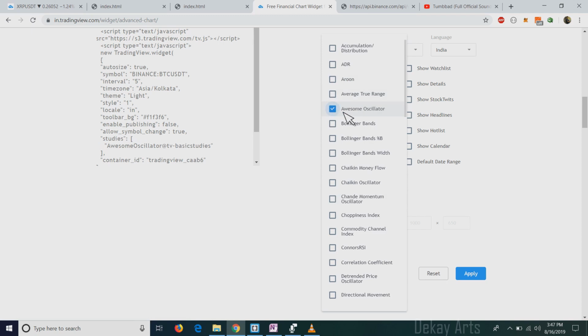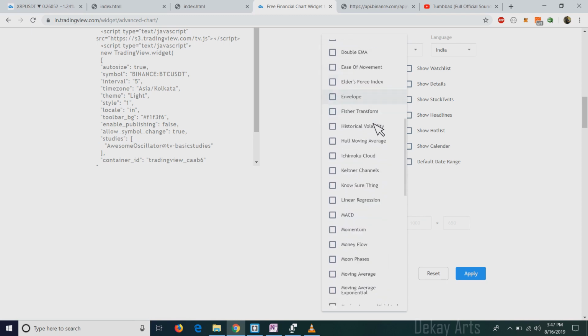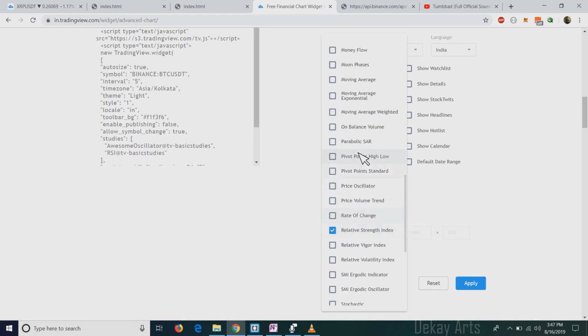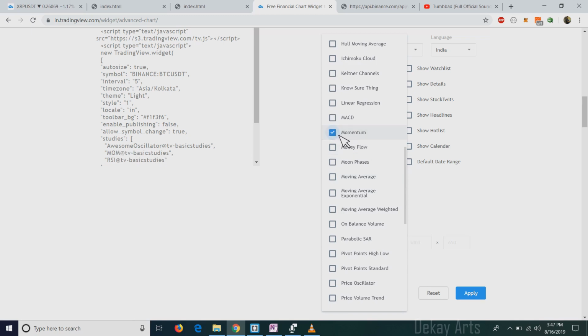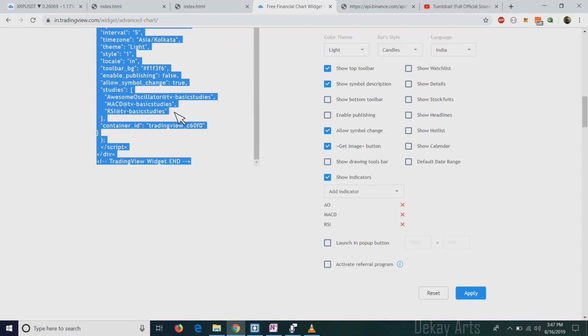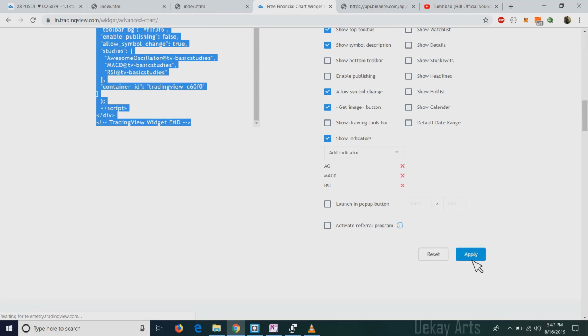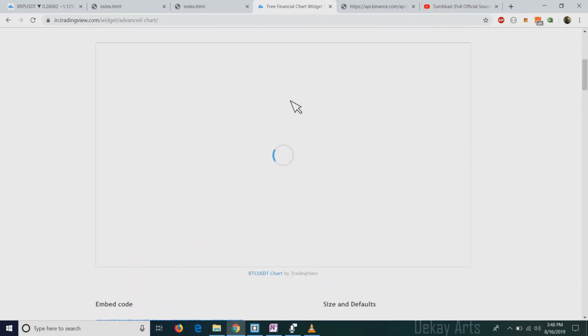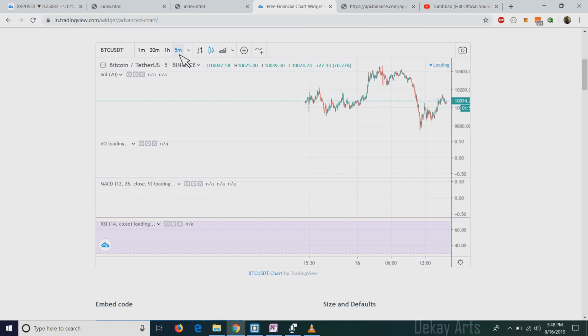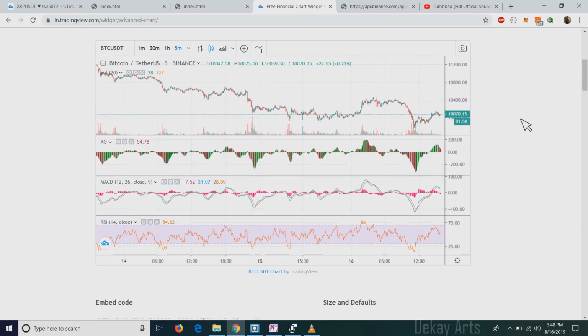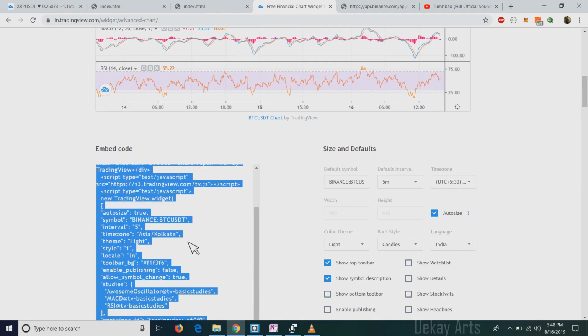So I can select awesome oscillator, and let me check if there is RSI. It's in alphabetic order. So yeah, here is relative strength index, and whatever. I'll use money flow, momentum. Okay, let me use MACD. Okay, so it gets updated here, right? And if you want to see the preview of your settings, you can click on apply, and it gets updated on the top. So you can see it's opening in 5 minutes time frame, and it added all the indicators, and it's a lighter theme. So let's copy these settings to our chart and see how to do that.